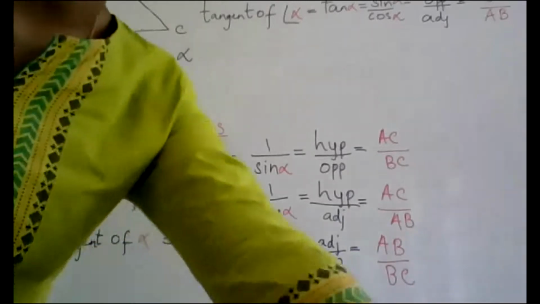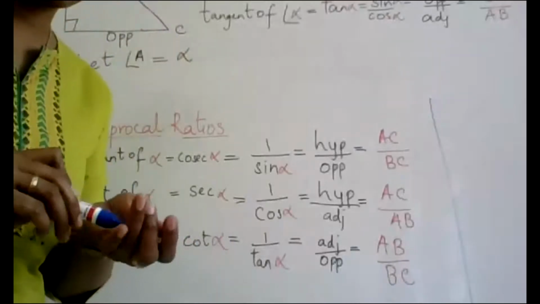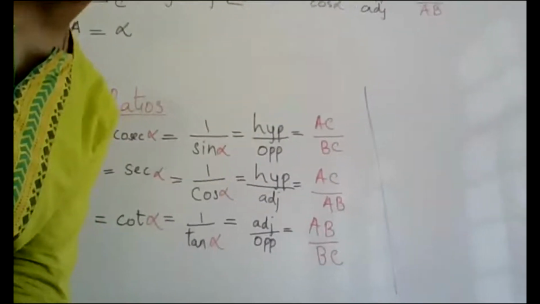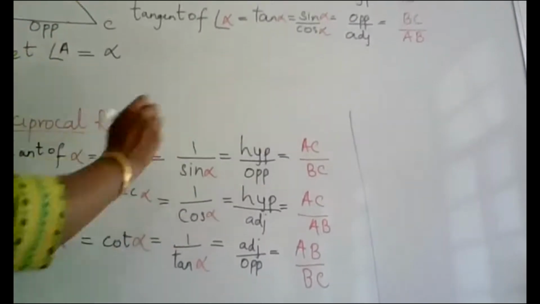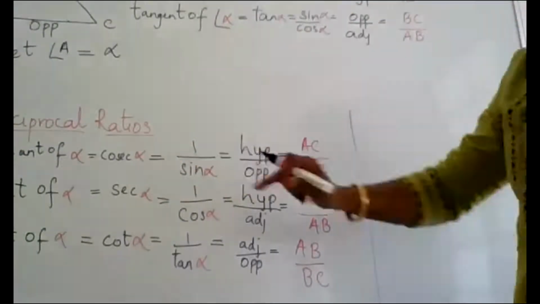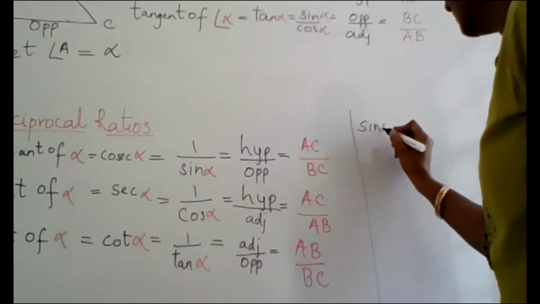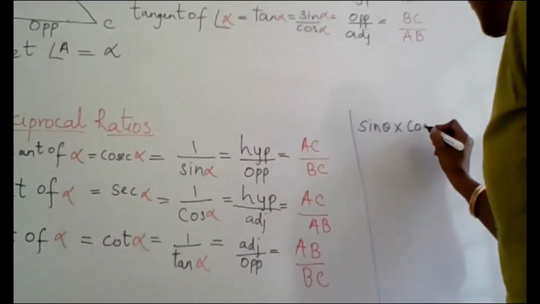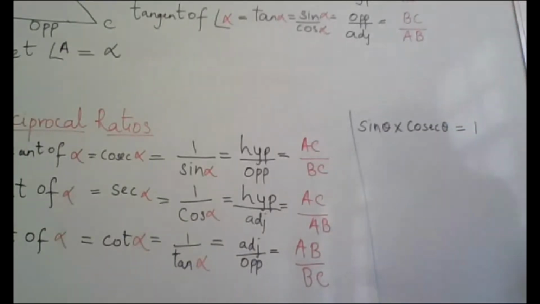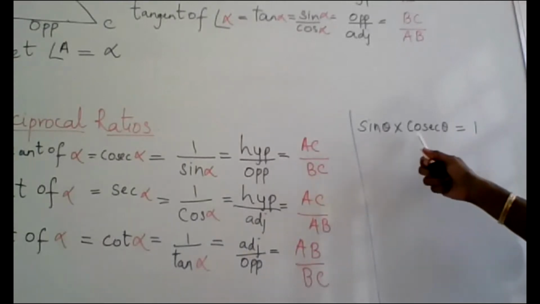So from these observations that we have, we can get a generalization here. Can you see who is not writing? There is one generalization that I'm going to make. I just turn my laptop a little because I'm writing on the other end of the board. Now I know my sine and cosecant are reciprocal ratios. That means when I write sine theta multiplied with cosecant theta, because they are reciprocal ratios, they will multiply to give you 1. Because your sine and cosecant are reciprocal ratios, they will multiply together to make 1.